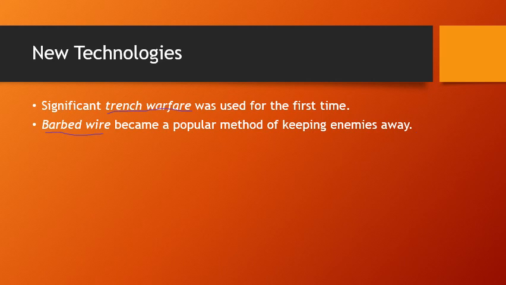Another use for barbed wire: if you're crawling under and around barbed wire, you can get cut by it and pricked up by it because of the way it's made. But the other thing that was more useful is you get your clothes stuck and snagged on it, and you'd be stuck on the barbed wire. And while you're trying to free yourself, you become a much easier target for snipers and other soldiers. So it became an effective tool for easing the ability to kill people, which World War I was all about, killing people.